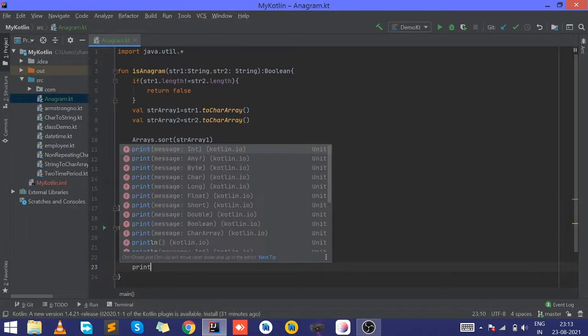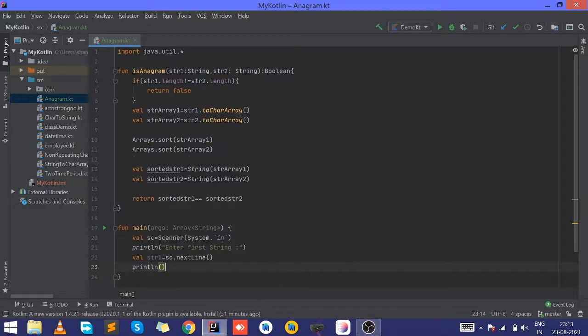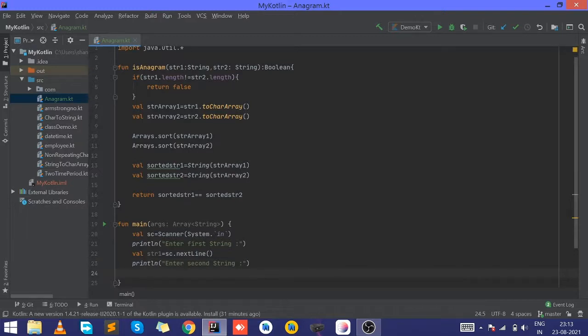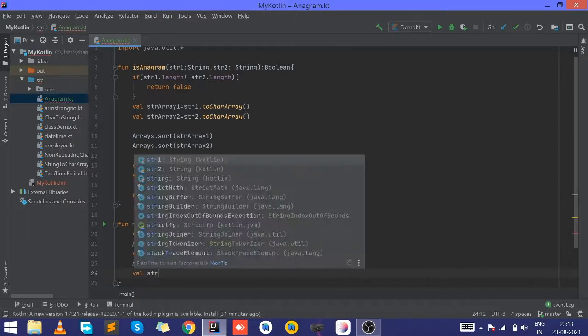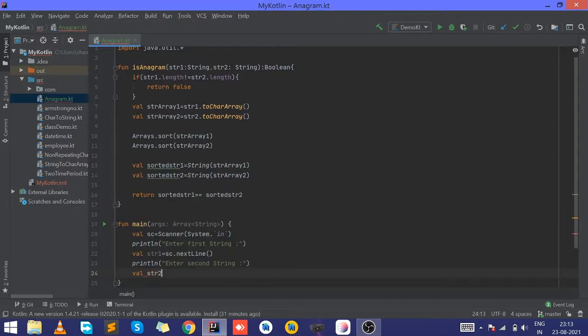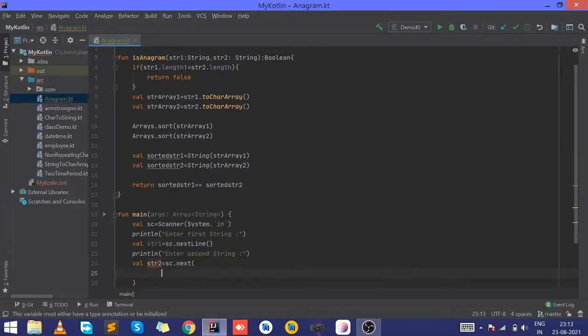Then again we print the message for the second string, and read it with scanner.next.